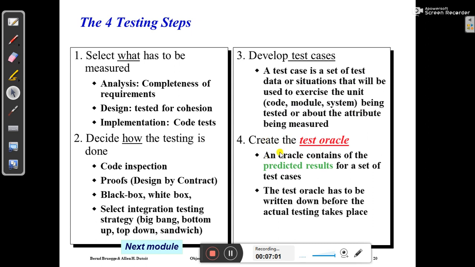Create the test oracle. An oracle contains the predicted result for a set of test cases. So whatever test cases you are going to choose, you need to create a table, or an oracle or a database, where you will put the predicted results for every set of test cases. This oracle has to be written down before the actual testing takes place. So before the actual testing is done, you need to create this oracle so that you can match the predicted results with the output results,